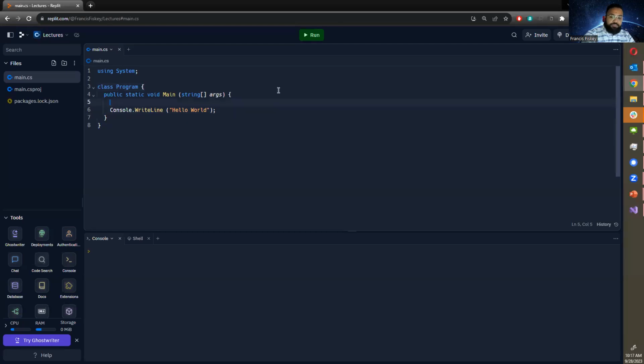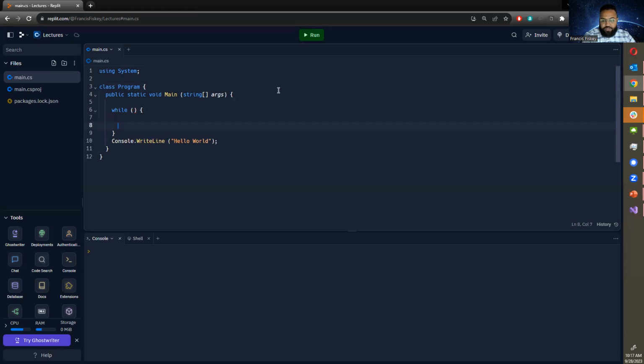And what we're going to do is implement a while loop. Okay. So I'm going to say while. And now we can define what that while should look like. We're going to do a quick while. So we're going to call it int counter equals 0. While counter is less than 5, I'm going to say hello world, and then we're going to increment counter by